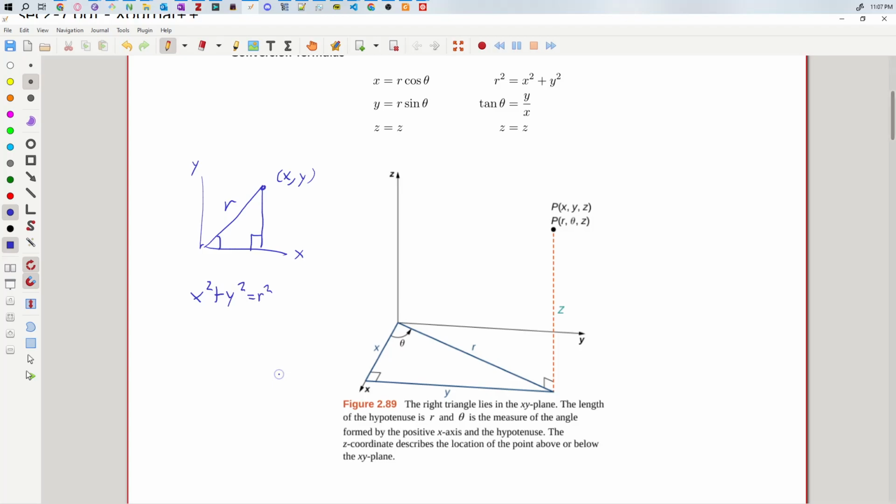And then by considering this angle, and maybe I'll also label the sides of the triangle, setting up a trig expression that relates the sides of the triangle. Well, the easiest thing is to relate the sides that you are immediately given, which are x and y. And so the trig function that relates the two is tangent, and it's going to be opposite over adjacent, y over x. So that's how we wind up with these two equations. And then for the other two, converting from polar back to Cartesian,